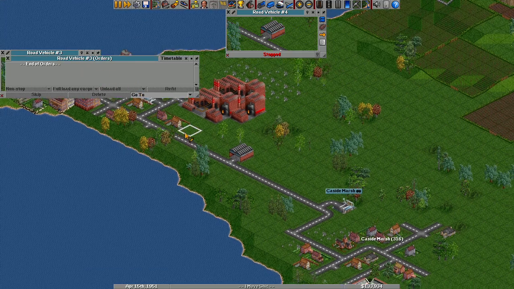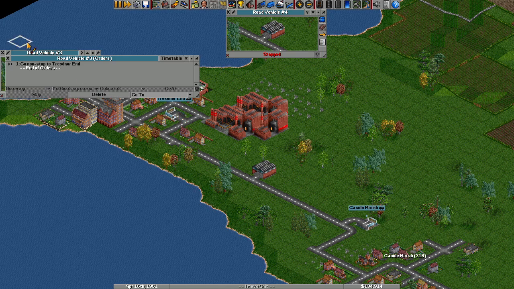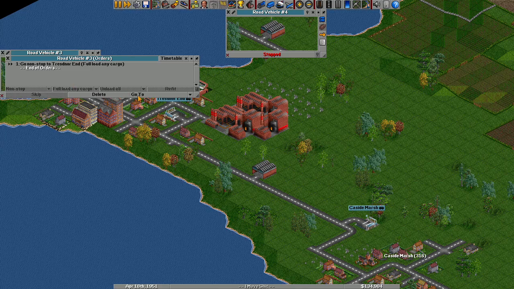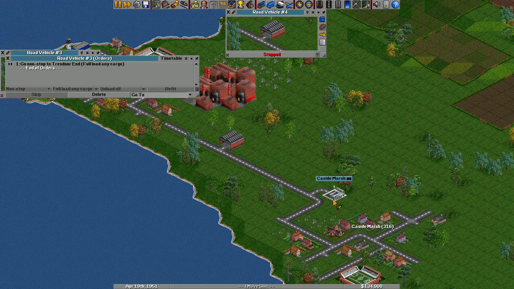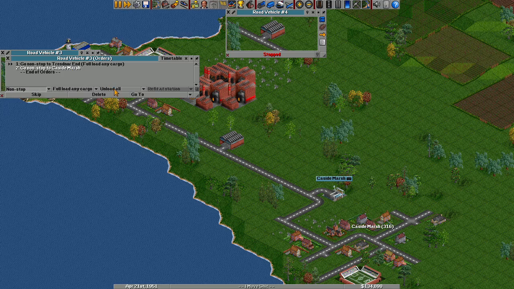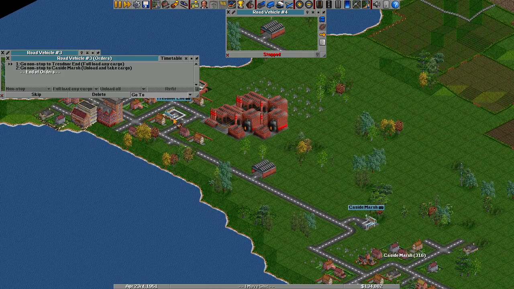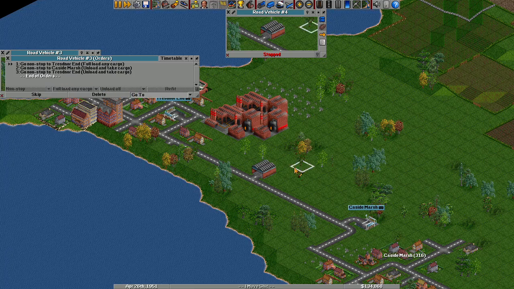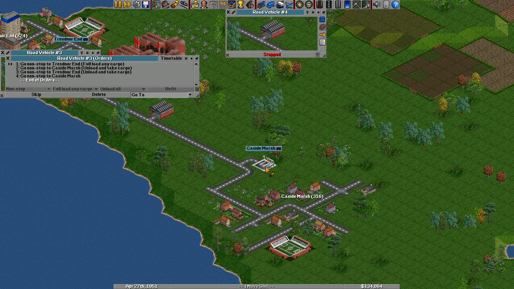So let's tell this bus to go to this bus station. I guess do a full load, because I can't be bothered to do anything else. And then bring it to this station. Unload all and take the people that are there. Then go back here. Unload and take cargo. And then go back